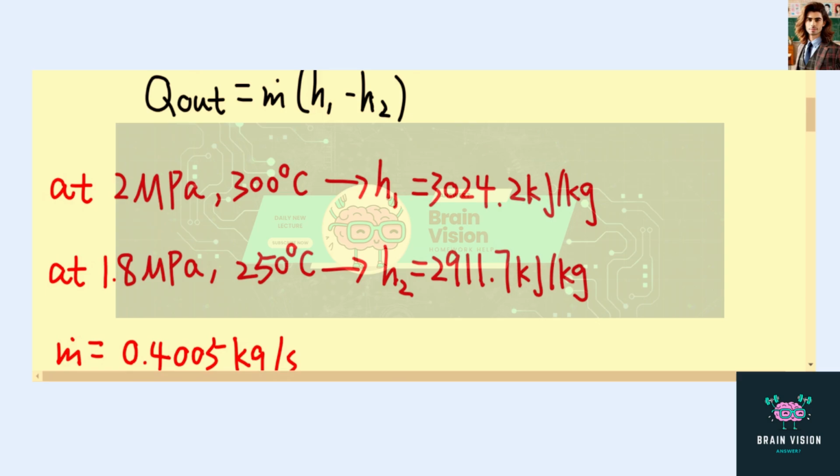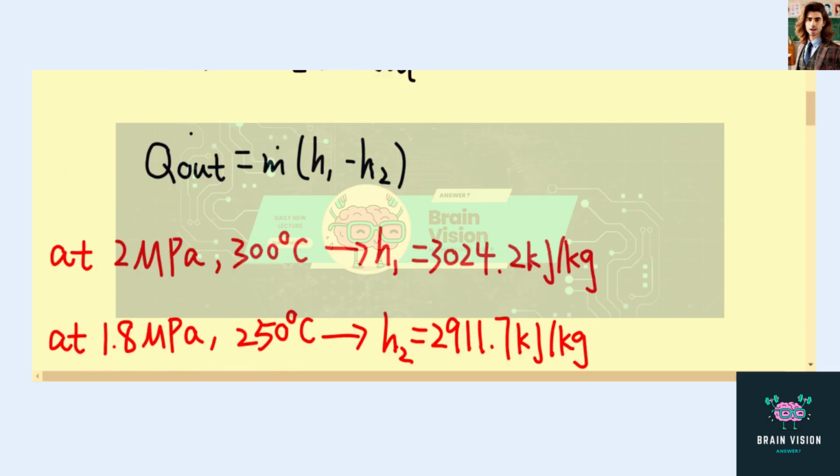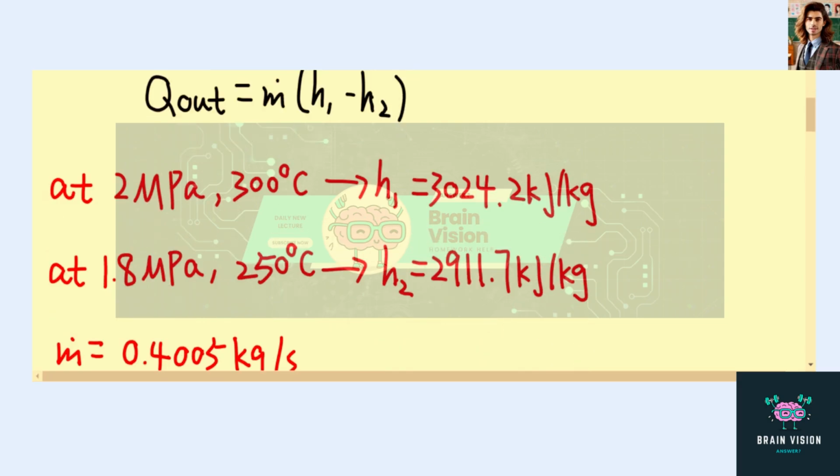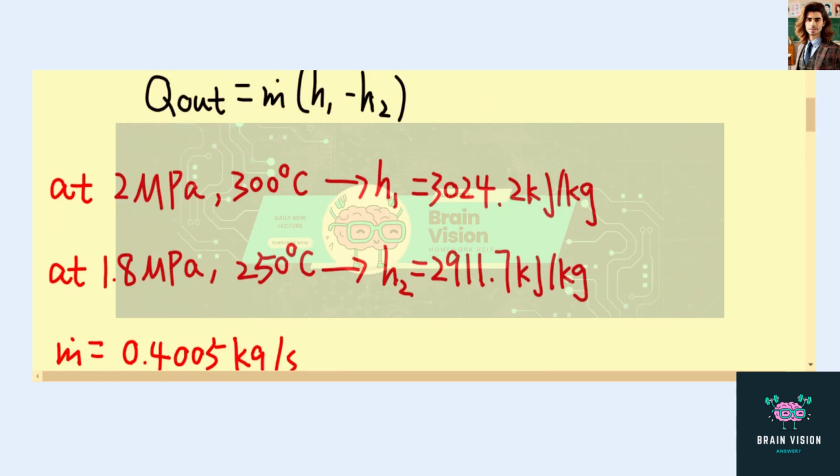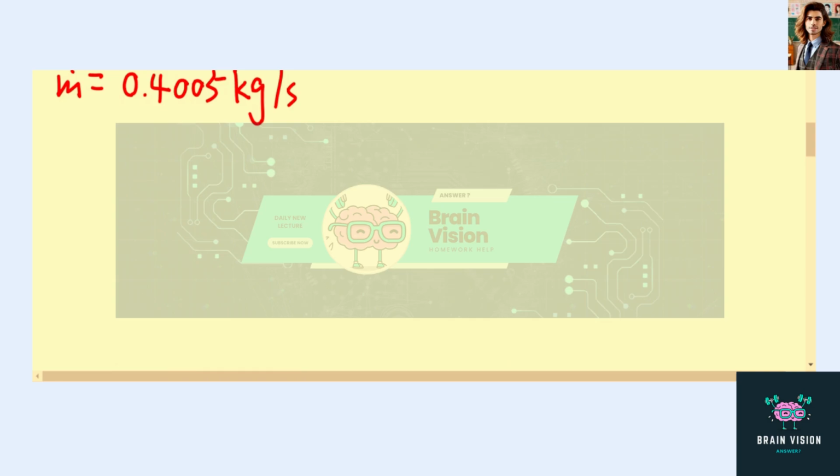At 2 megapascal, 300 degrees Celsius, the corresponding enthalpy is 3024.2 kilojoules per kilogram. And then at 1.8 megapascal, 250 degrees Celsius, the corresponding enthalpy is 2911.7 kilojoules per kilogram. And the mass flow rate is 0.4005 kilogram per second. So now let's plug back into the equation. So we have Q dot R